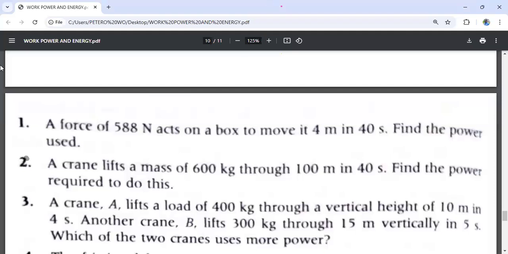Those are the answers that we have. Number 1, the answer is 58.8 watts. Number 2, the answer is